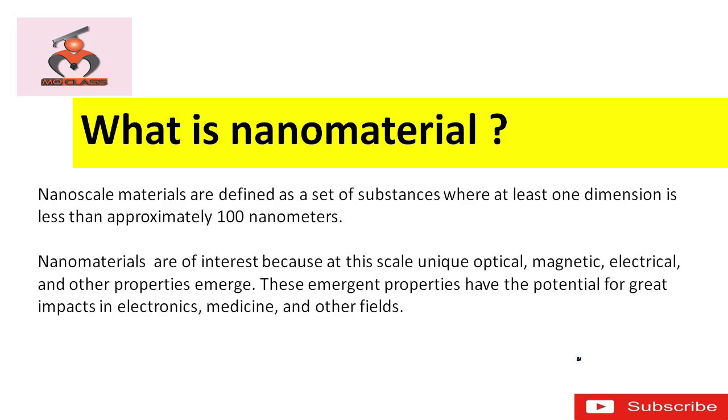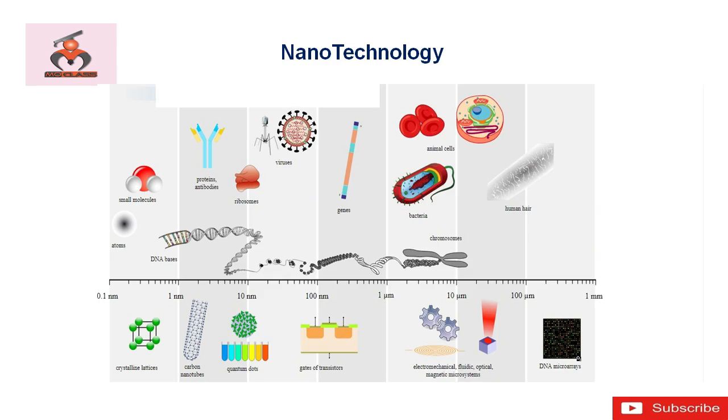What is nanomaterial? Before discussing nanomaterial, let's have a look at the material found in nature and the material we are artificially making. In this scale, we have taken the range from 0.1 nanometer up to the human hair. The size of human hair varies from 50 micrometer to 100 micrometer, or 1 mm. If we convert this micrometer into nanometer, it comes to around 50,000 nanometer to 1 lakh nanometer. We will discuss the conversion of these units in the next video.